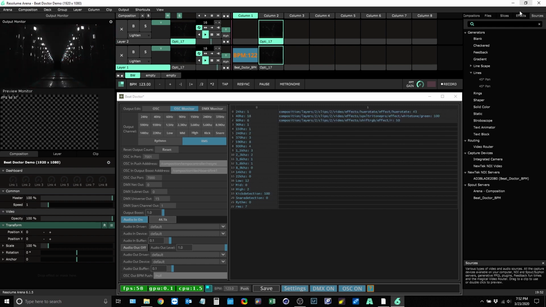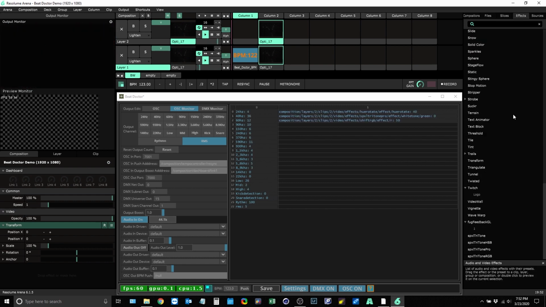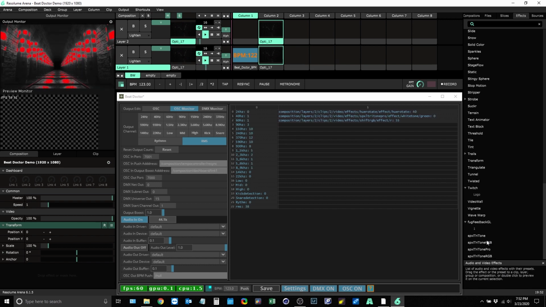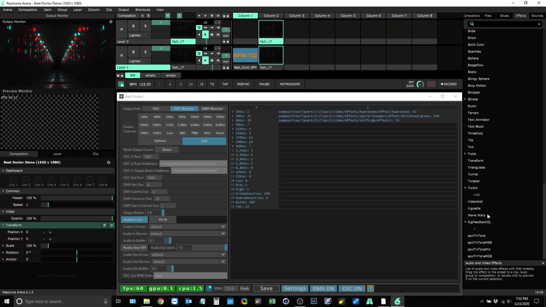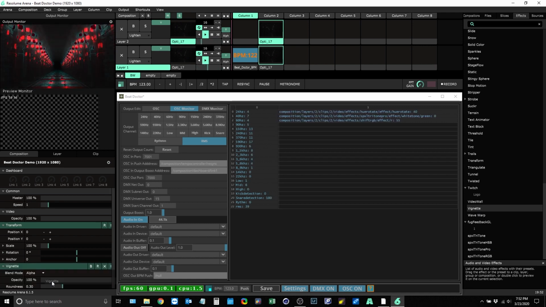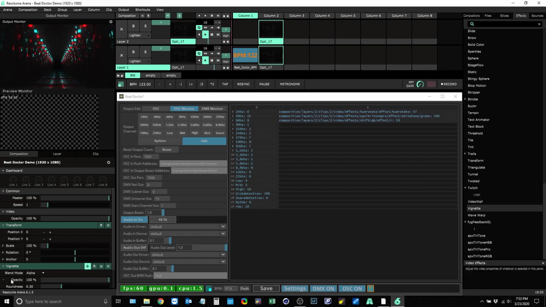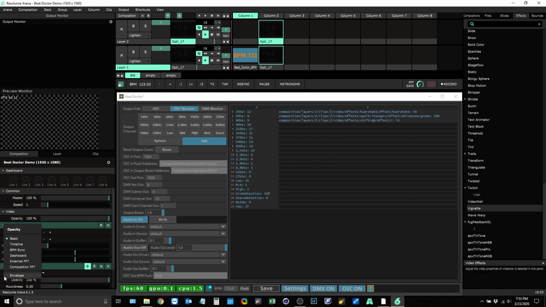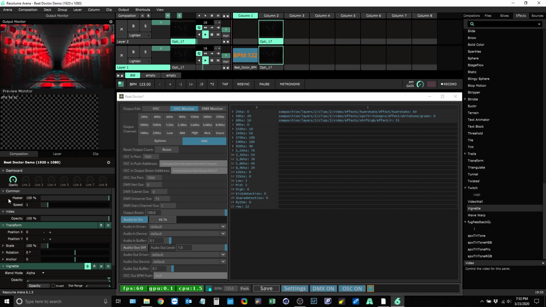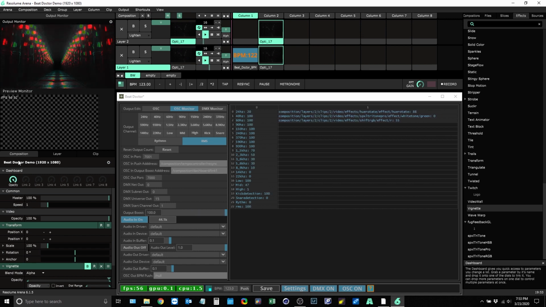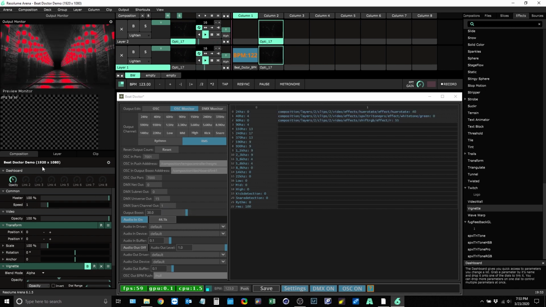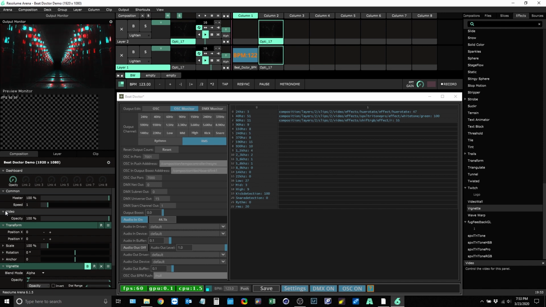So if I was to come back to effects, throw in maybe a dummy effect on this, let's go, I don't know, like vignette, bypass it, set the opacity to dashboard, and at this point you can kind of see dashboard link 1 is now affecting the overall boost of that,